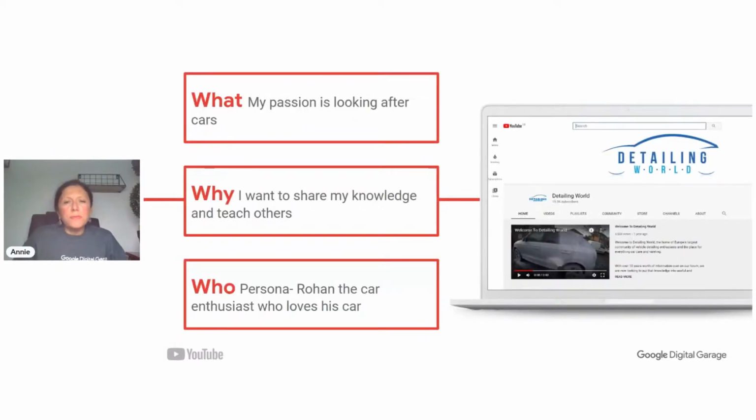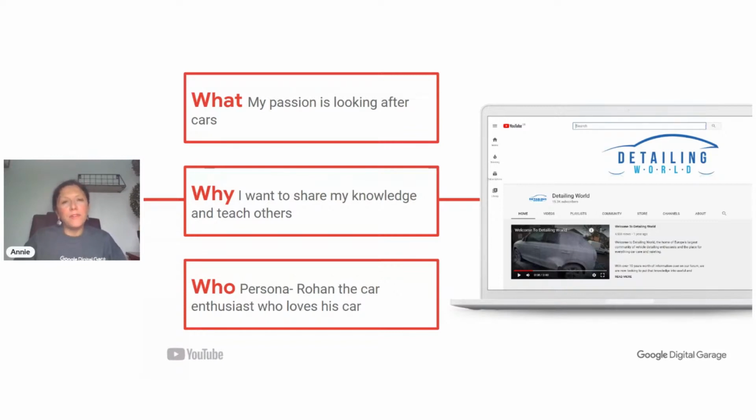So next, we've got a persona, we've got a rough outline of, we've probably given them a name, we've given them a photo like Rowan had, and we've given an identity to that person that we're going to create content for. So they're living in our minds and also probably on our desks if we've got a visual of that persona. But then we need to start thinking more clearly about what our passion is.